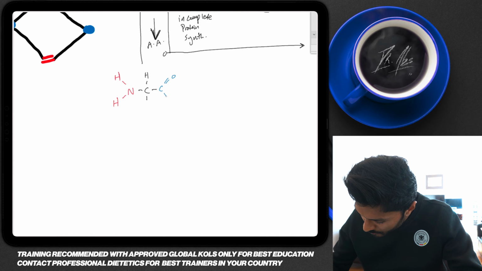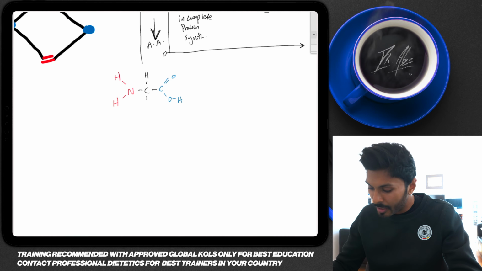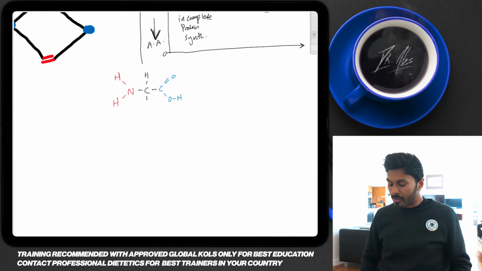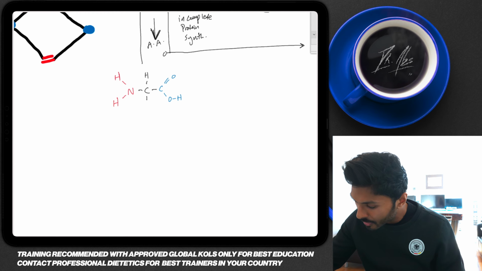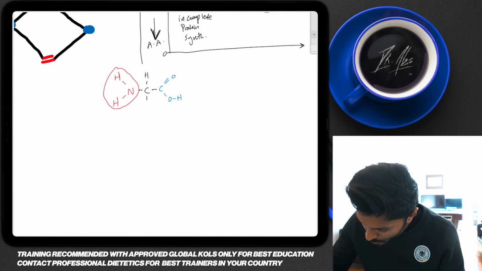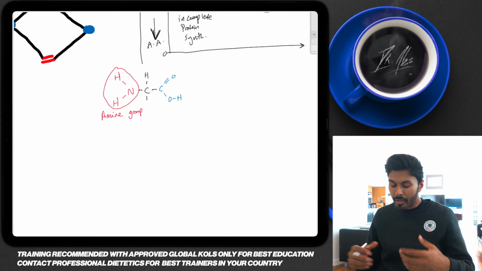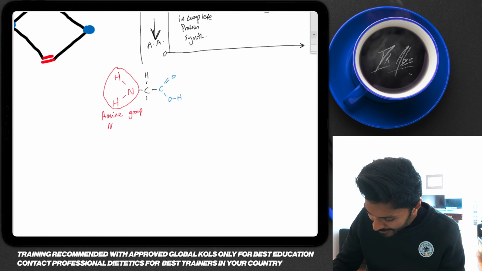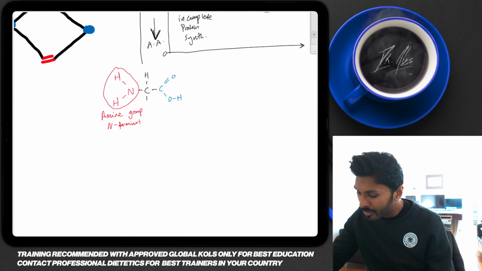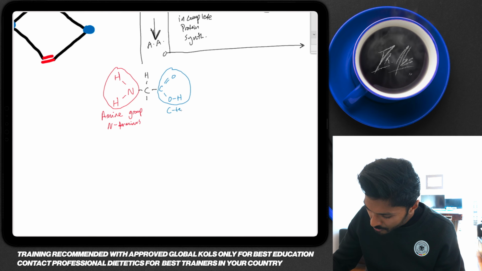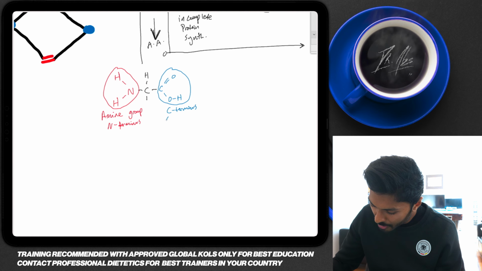We have COOH. Now the end bit there can also be written as just a H like that, or it can be like this, it's the same thing. Now on the left side, the amino acids have what's called an amine, A-M-I-N-E, group, as in amino, ammonia, and NH. Sometimes it's also called the N terminus, okay? And then on this side, we have the C terminus, otherwise known as the carboxylate